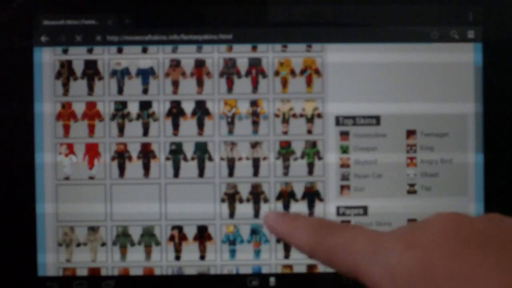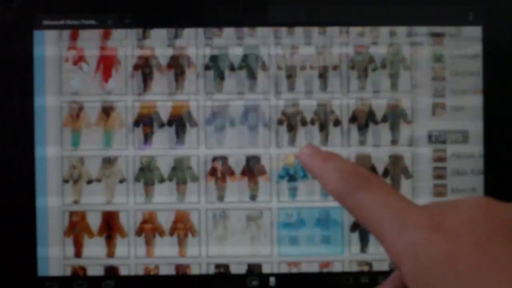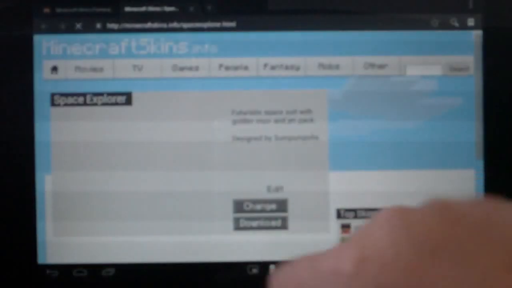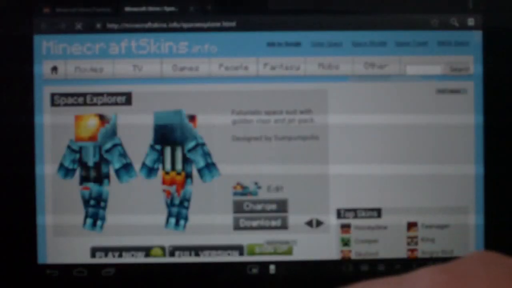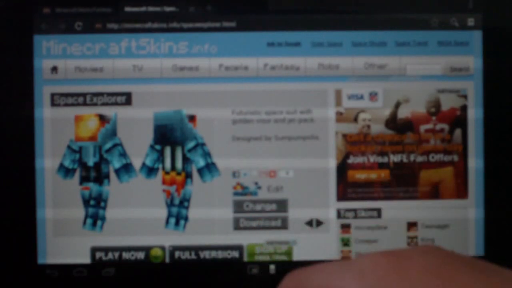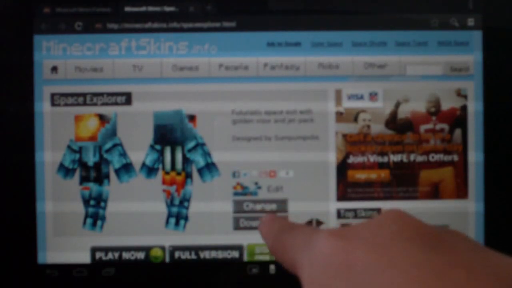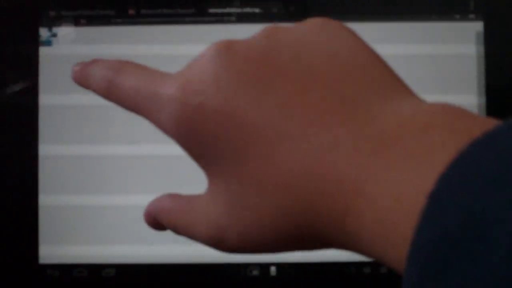So I'm just going to download True Minecraft Universe. You check out his channel. He usually plays with Sky's Minecraft. So you press download. You zoom up to the corner, and you press and hold till it comes up and says save image. You save the image.